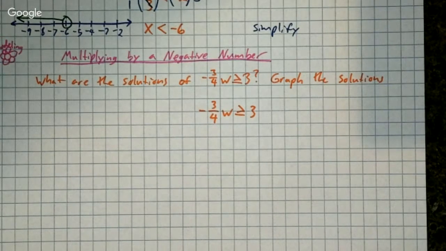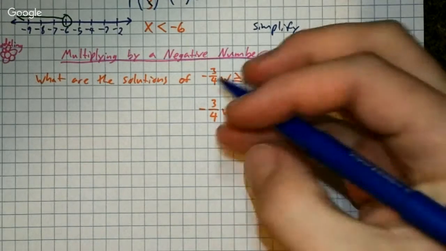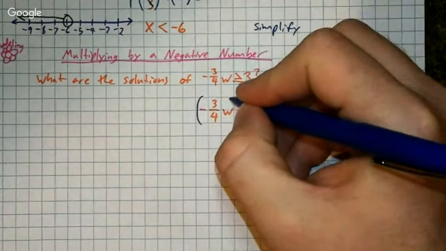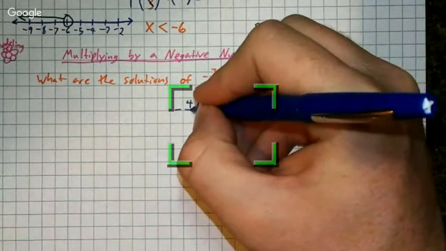I just need to get my variable alone, which makes this kind of easy. All I need to do is get rid of that negative 3 over 4. So I'm going to go ahead and multiply by the reciprocal, because if you multiply by the reciprocal, it cancels out. So if I do that to one side, I'm going to multiply this entire side by negative 4 over